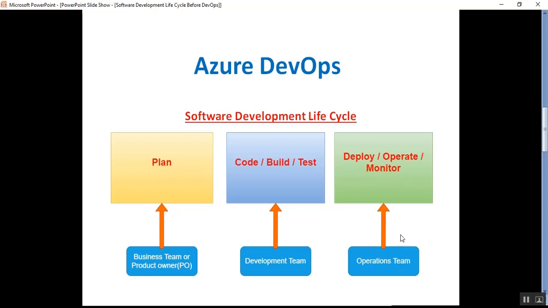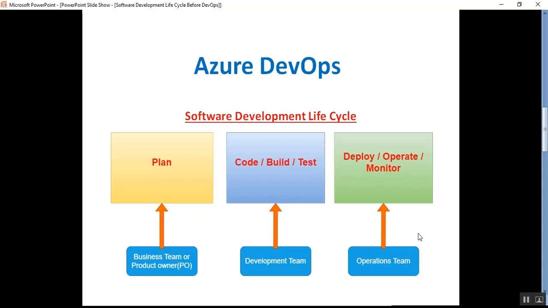Before deployment, there are various production or live servers. Production is divided into many types: production 1, production 2 and production 3. Production 3 is the last step before the client. Before going to production 3, it will be checked in production 1 and 2 to see whether it is going perfectly or not. After that it will go to production 3, and the client will see the output, whatever was discussed earlier with the product owner or business team during the plan.